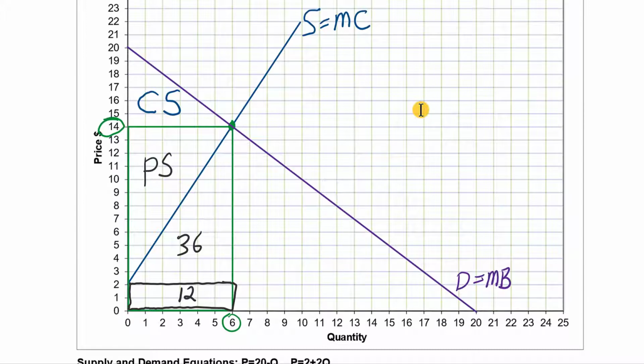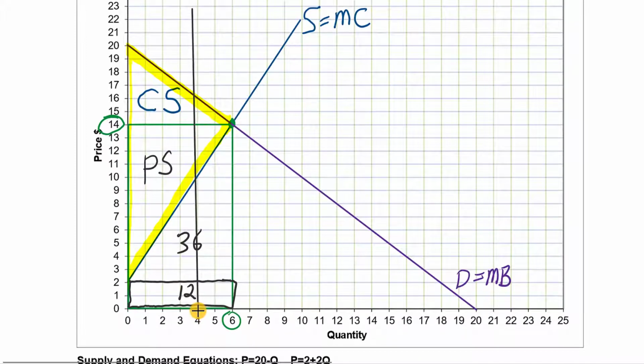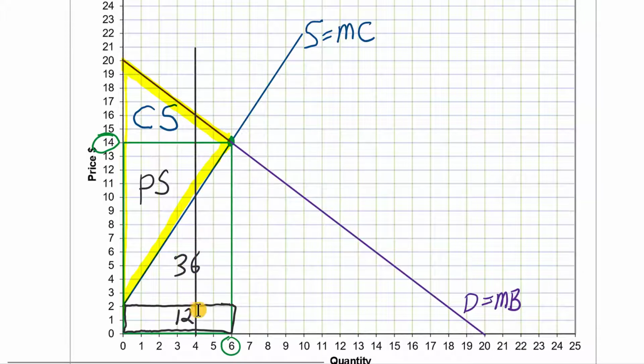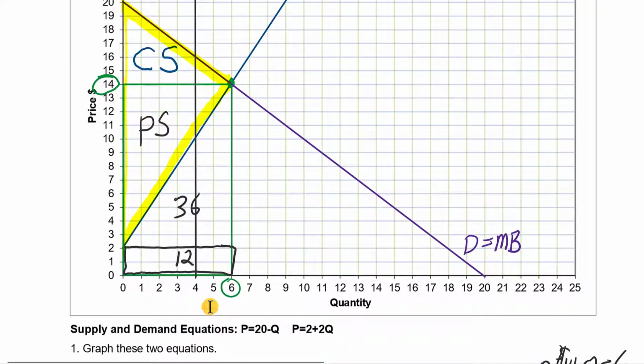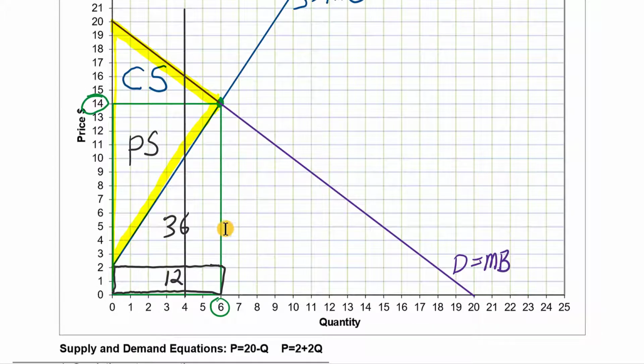So let me just highlight that total surplus that we have if we are able to get to equilibrium as this yellow triangle here. And then it makes it really easy to see what happens if you have a production quota. So let me drop a line down here. I think about this quota as a wall. The government says we're not allowed to go past this wall. So if we're not actually able to produce anything after the 4th unit, this might be a little bit easier to think about if we think about these quantities here in thousands. So we're not able to produce the 4,001st, the 4,010th, the 4,500th, the 5,000th, or anything up to the 6,000th